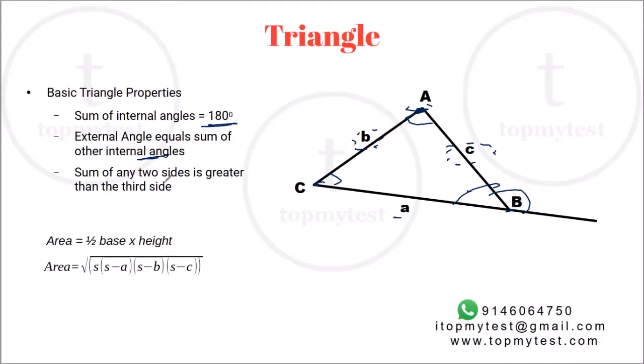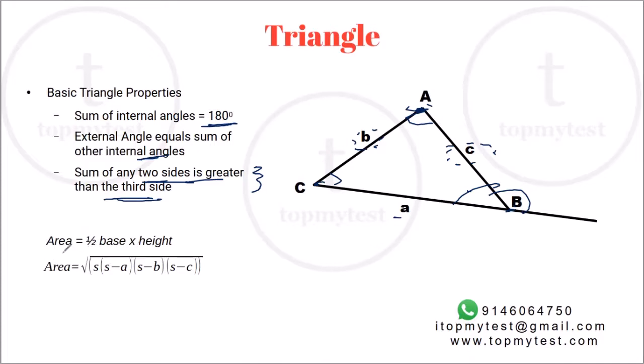Right? A very important property in a triangle: sum of any two sides has to be greater than the third side. I would suggest go and look at your 7th, 8th standard geometry. You can also look at Wikipedia, Khan Academy, all these cases. The proof of this is pretty important. Otherwise, you'll not be able to form a triangle. Right? Very important concept, used very widely throughout triangles all across.